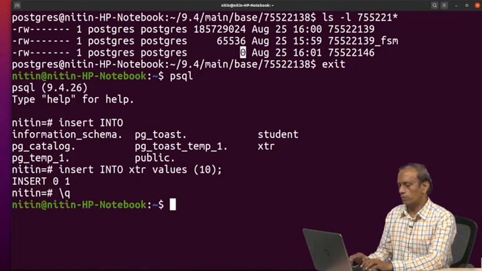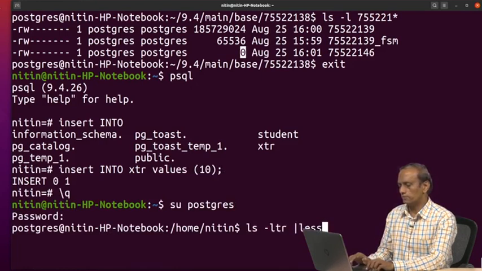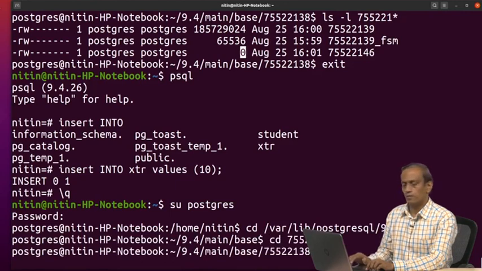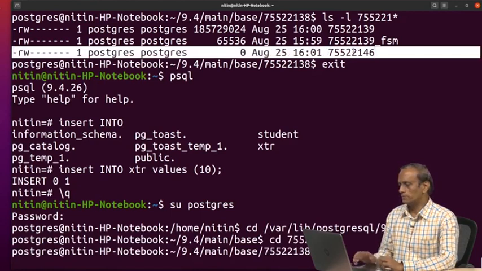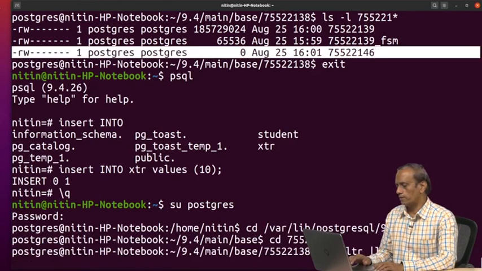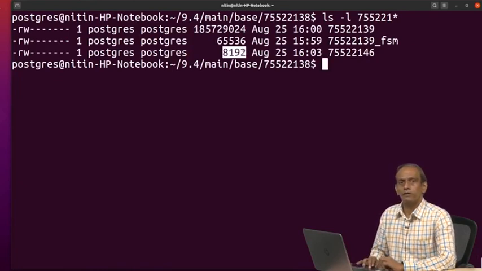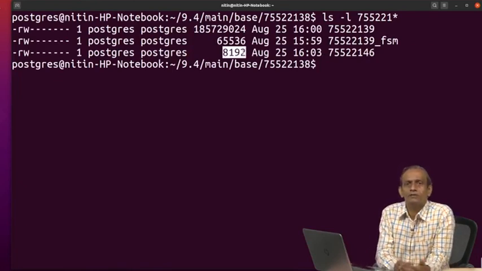Now, if I come out of this and fire su Postgres, fine. Now, size is 0, remember this. Now, we write this, see the size 8192. So, when you insert a record, ultimately it is going to pick size to be 8192.